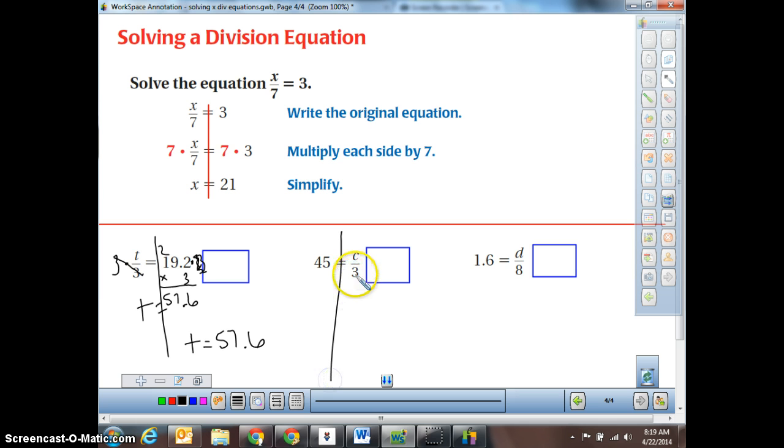All right, over here, let's do it again. We got the variable on the right side this time. Does that change anything? I hope you answered a big old no, because it doesn't matter which side it's on. We're going to do the same thing. I'm going to multiply times 3 over here, which means I need to multiply times 3 over here. C divided by 3 times 3 leaves me with just C all by itself. 45 times 3, I don't know if you're able to do that in your head or not. If not, take the time to write it out. You should have ended up with